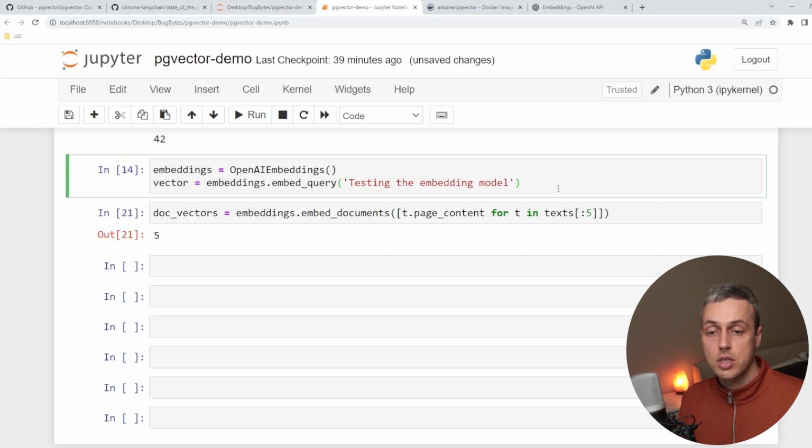Well, one reason, as you can see here, is that when you send a query to the OpenAI embedding API endpoint, each request that you send is going to incur some sort of cost, and if you're sending lots of them over the same pieces of text, that is going to be inefficient. It's going to cost you money that you could save by taking the resulting vectors and storing them in a